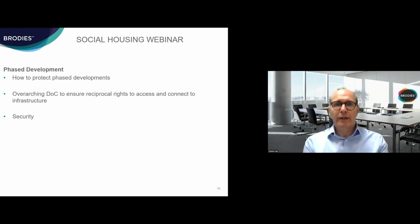Phase development. If you're looking at potential development being done in phases, then the advice there would be just to make sure that you've got an overarching deed of conditions over the whole of the site that comprises the various phases in the first instance, to ensure that there are reciprocal rights to access and connect into the infrastructure that will go in to service the various phases, as that will ensure then that as the phases are sold off, they each get the benefit of these rights to connect into the infrastructure that spreads across the whole site. And lastly,